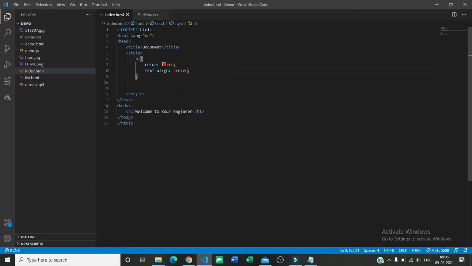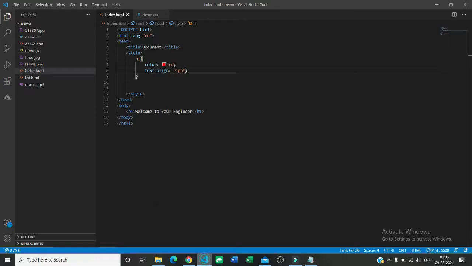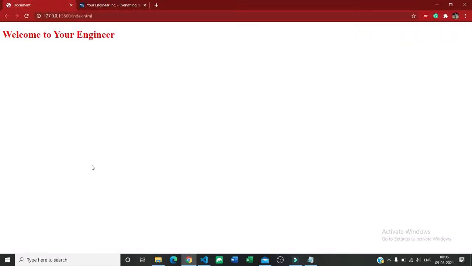If I go for right, the text will be in right. Now I am going to give it left, and the text will get back to left. So this is the second text formatting.